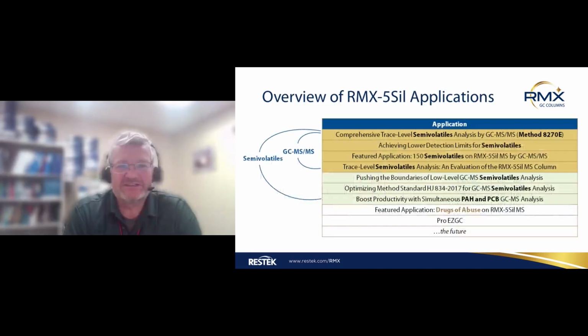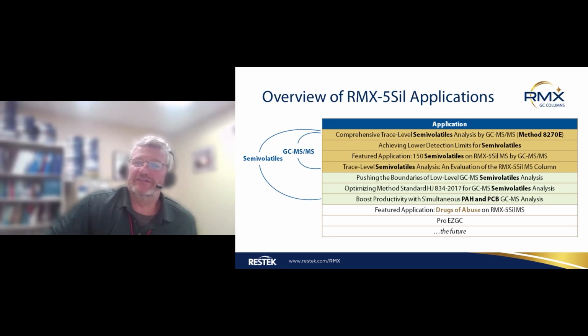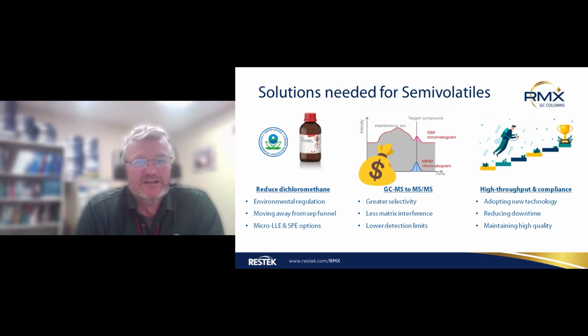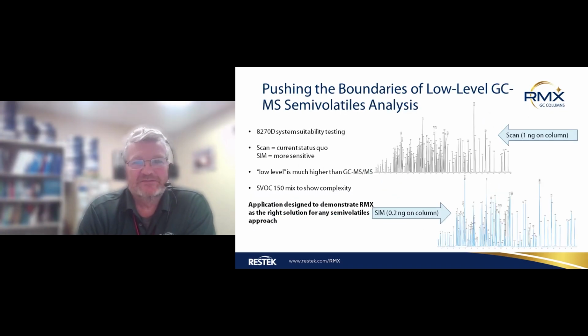So beyond the MSMS analyses, we can take a look at low-level single-ion monitoring by GCMS and regular GCMS applications. Again, the name of the game is to reduce the methylene chloride, so inject lower concentrations onto the column, which requires us to extract less. If we're able to switch from GCMS to MSMS, we can save a lot of money on the extraction side of things. We can also combine methods with MSMS because we reduce a lot of the background noise using that type of instrumentation.